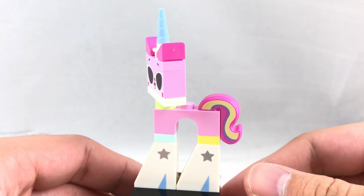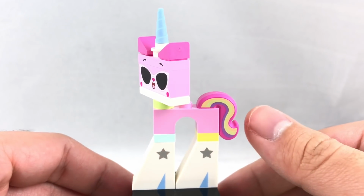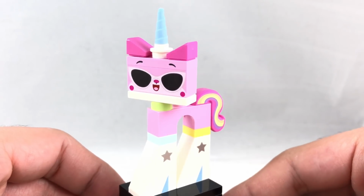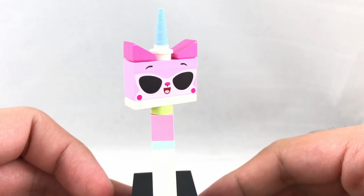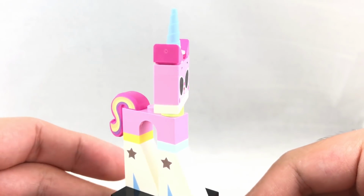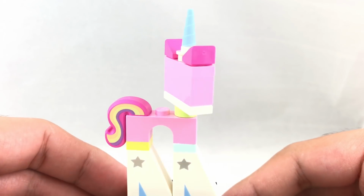I love the exaggerated high heels right here, which are printed pieces. Also a new tail print as well, and a new face print. Thankfully, her head build is the same as the ones from the Unikitty set, so it's the newer version that is much more stable. I don't know why they didn't include that version in Emmett's Dream House, but